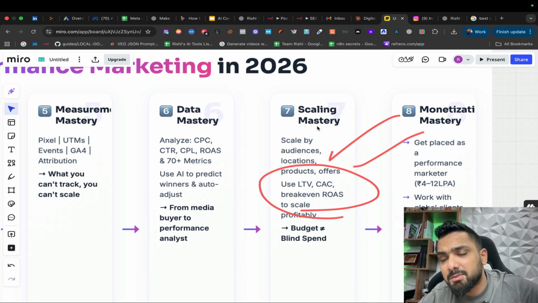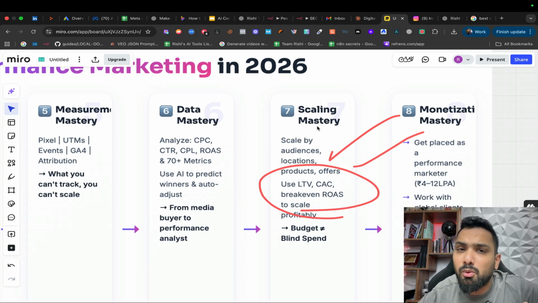because again, running ads at a small scale, you'll get good results. But what happens at the bigger scale? How do you really operate at that level? And that's a different game you need to play altogether. And again, this kind of information is not available anywhere. You'll only be able to find it with agency owners like us, because